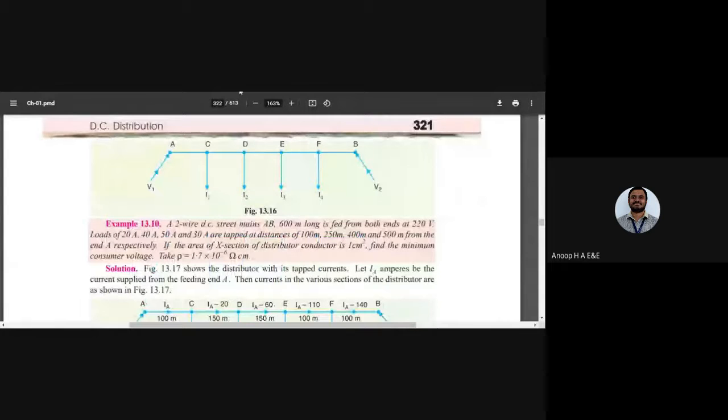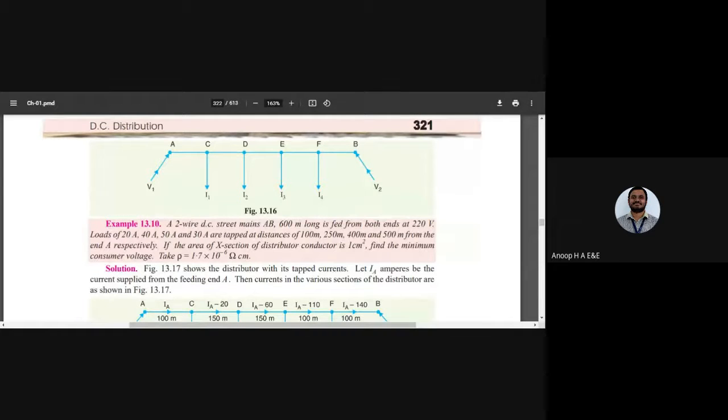So this is the slight change we observed in the unequal voltages. So we have completed the concept of DC distributor with a concentrated loading, where both the ends are fed at the same, that is the equal voltages, and the other one with the unequal voltages. So that is what we are going to highlight in the problems also.